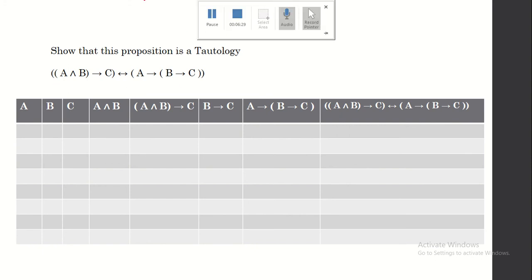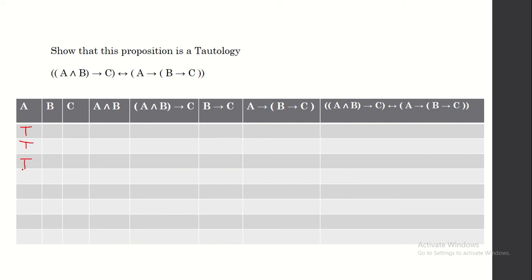So we need to show that this is a tautology. So let's solve it and check if it is a tautology or not. So we have three inputs, A, B, C, right? So the inputs will be true, true, true, true,